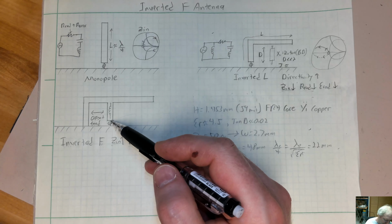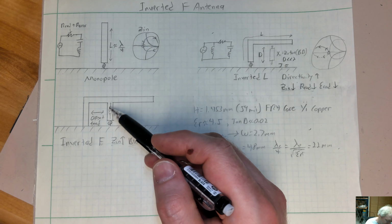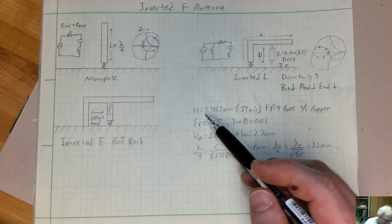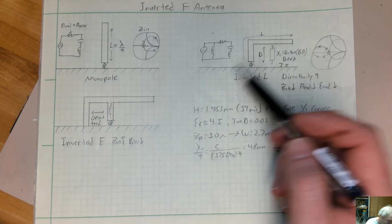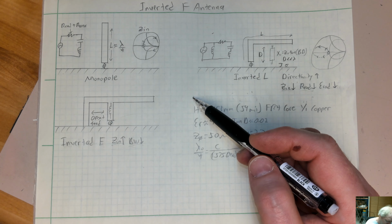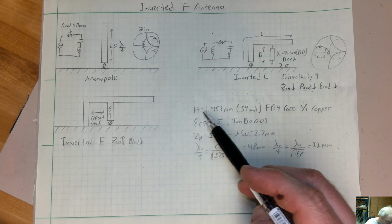But since we're going to want to drive this with, say, 50 ohms, you're going to lose bandwidth due to the fact that you're trying to impedance match it right into here. So I want to demonstrate this on a circuit board. It doesn't have to be at the edge of a circuit board. It could be a bent wire over a ground plane or a flex circuit. I've done those too. There's plenty of ways to make this thing, but I'll start with a